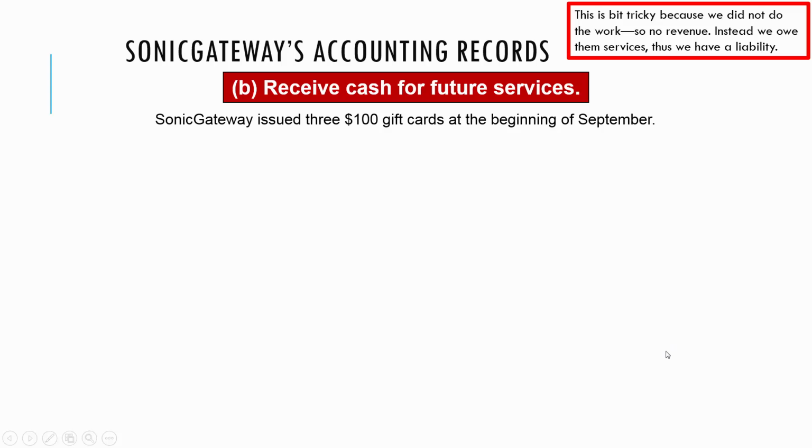Now, receive cash for future services. This is a bit tricky because we have not done the work. Our revenue recognition rules from the first PowerPoint of this chapter said, unless we've done the work, we can't record the revenue. So instead we owe them. We owe them services in the future. And because we owe them, you naturally think of an IOU in terms of cash. You think, well, if you have an IOU, you owe someone cash. You're going to pay them cash in the future. It's not the case here. Instead of us owing them cash, we are going to owe them services. But it's still a